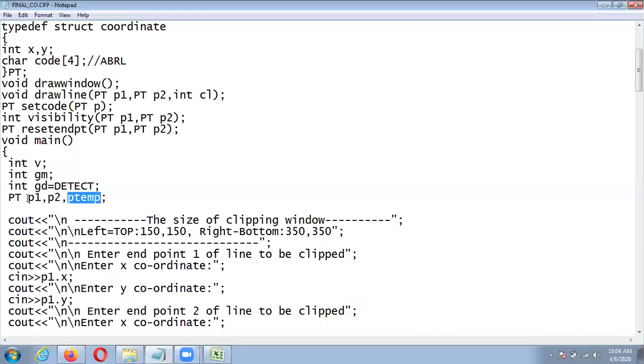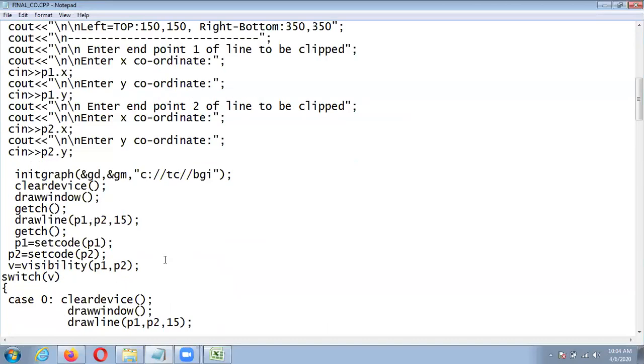We'll use that while using reset endpoints and other functions where we require it. So PT is just the name of the structure. This P1 contains the x value, y value, and region code. P2 is also the same, and Ptemp also contains the same.